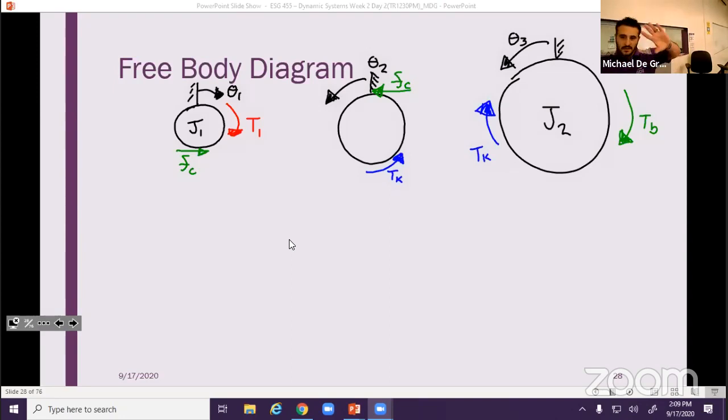Okay. So these are the free body diagrams. And we can do this whole song and dance where we analyze the first free body diagram, and we get something in terms of FC. And then we'll analyze the second one. We'll also get something in terms of FC. And then we'll have to make them equivalent, and create one whole equation to eliminate FC. We can do that. Or